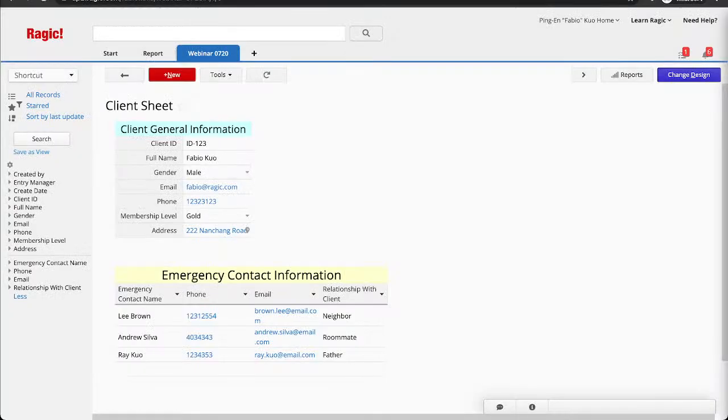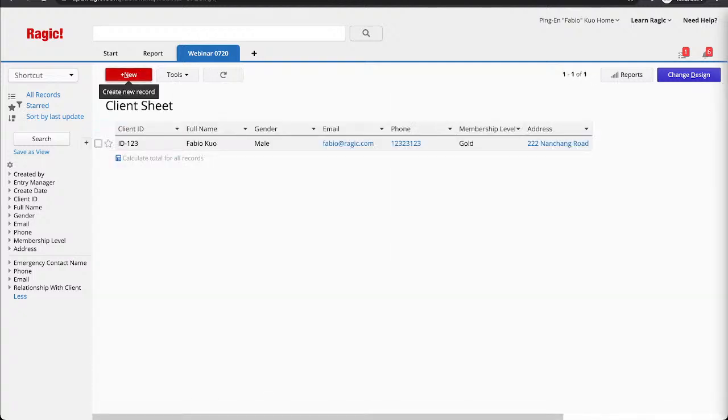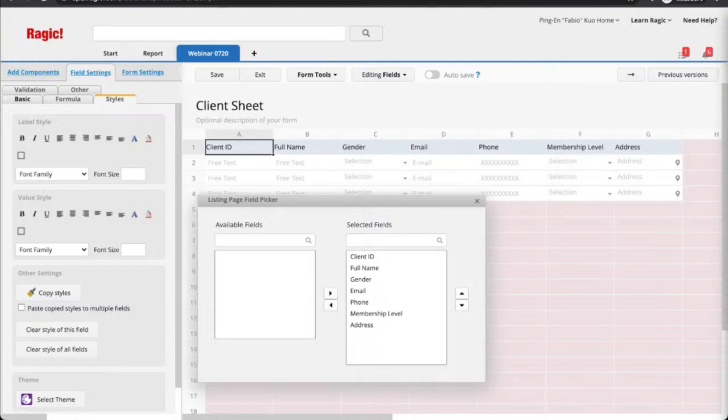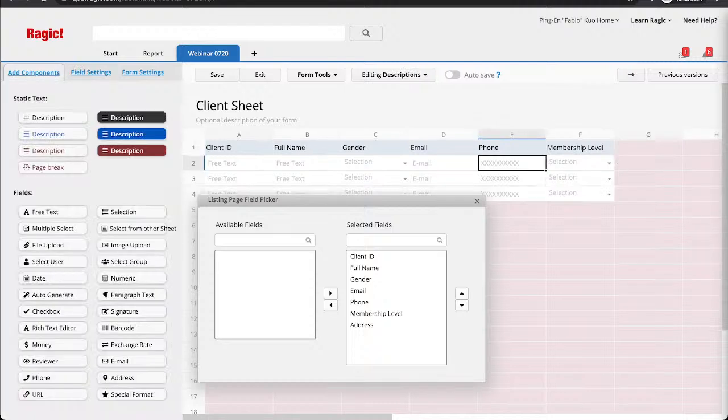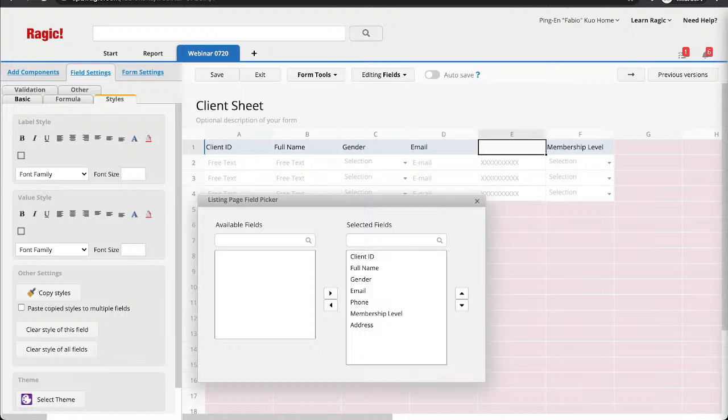Let's go to another page called the listing page, right here. This will list all the information of all your clients, but you can select which to display and which to not display. So for example, I can customize this listing page, and I don't want it to be too messy, so I can delete the address fields, the phone field, and maybe the gender field to just leave 4 fields in the listing page.